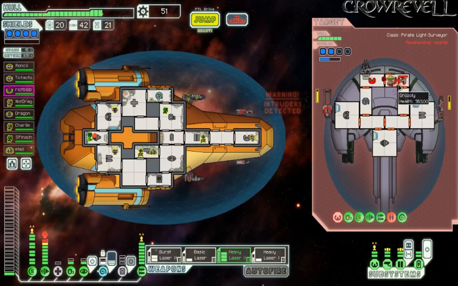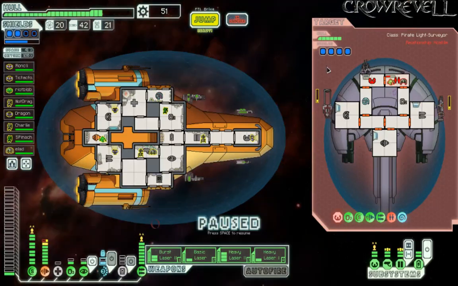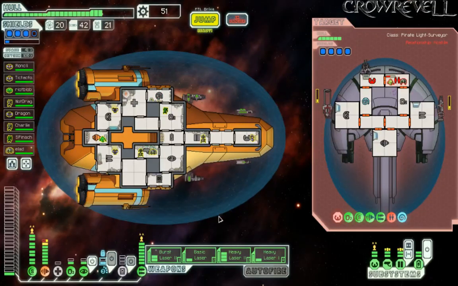Okay, got another crew kill. Keep fighting. We're down to 2 crew. 98 health and 33 health. All right. Not really in danger from their weapon system, so